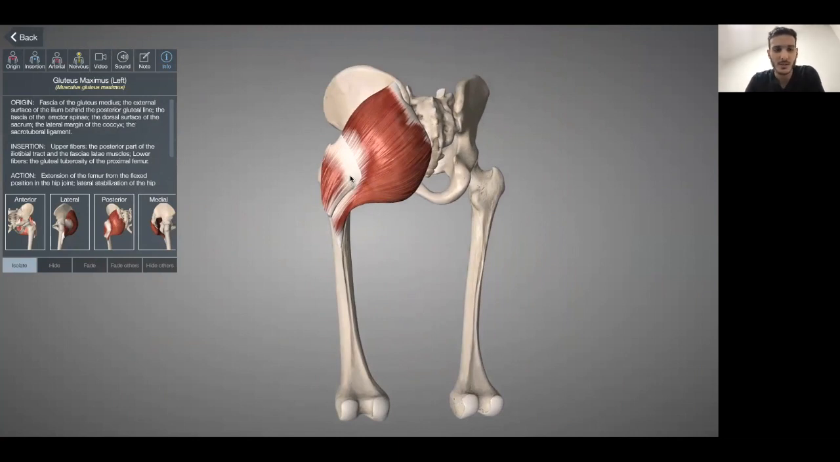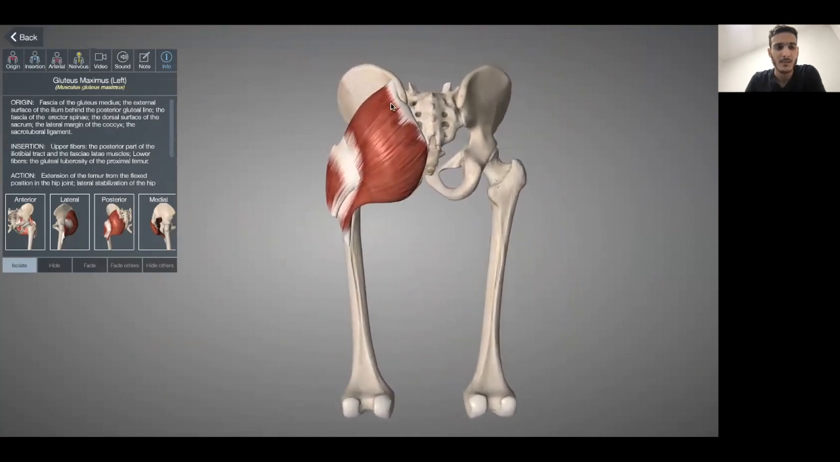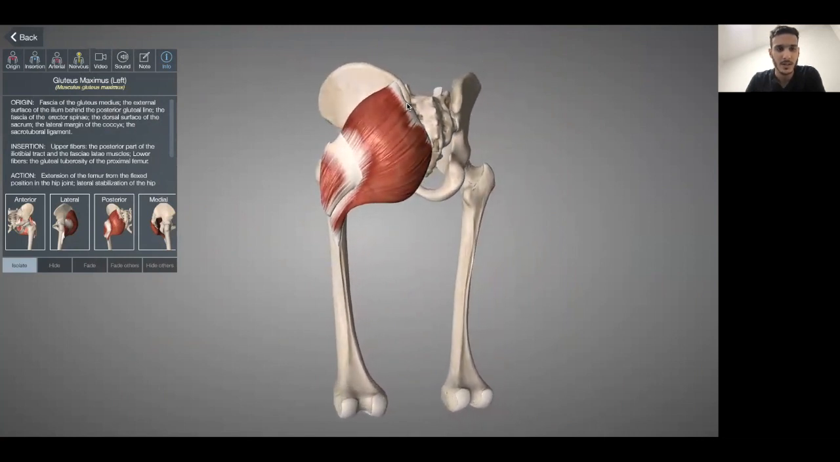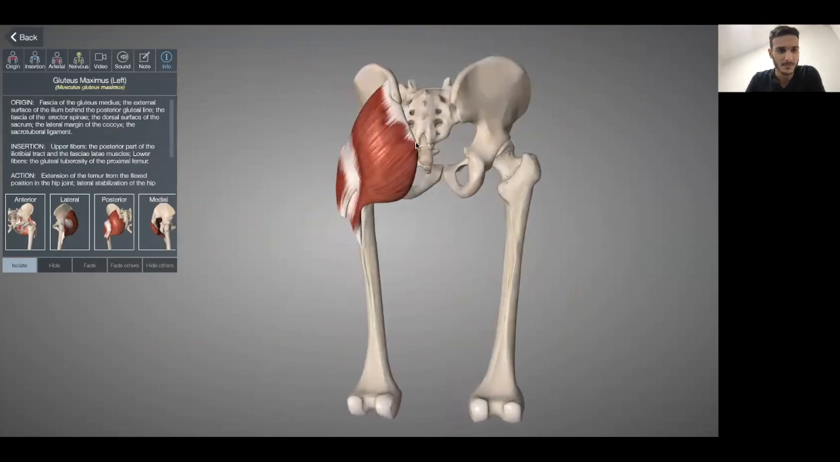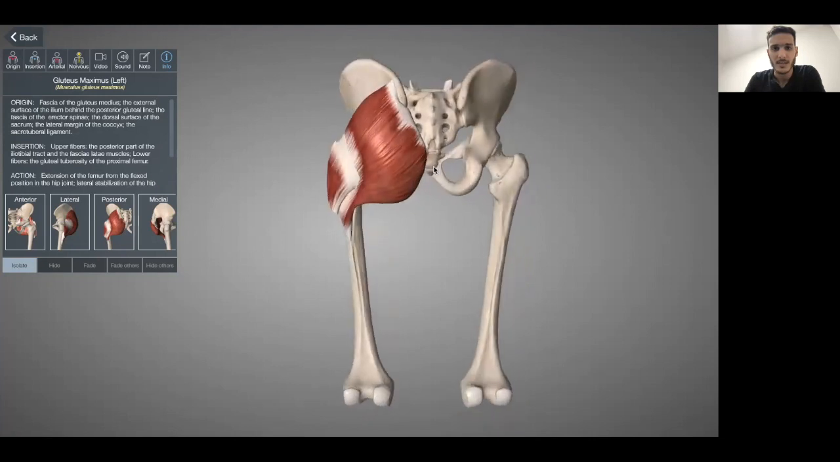the fascia of the Gluteus Medius, the external surface of the ilium, behind the posterior gluteal line, okay, and the fascia of the erector spinae, the dorsal surface of the sacrum, right here, lateral margin of the coccyx, and the sacrotuberal ligament, okay, and